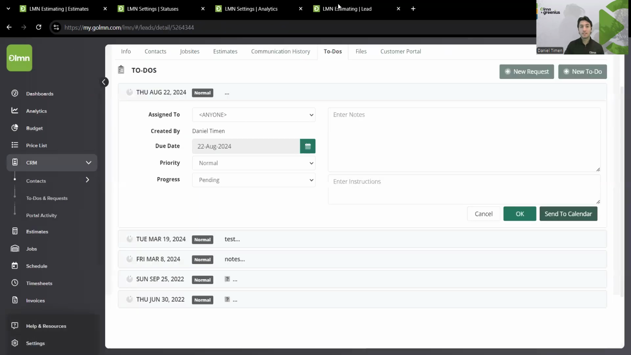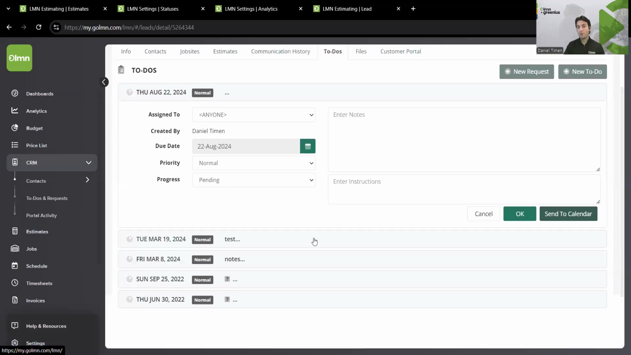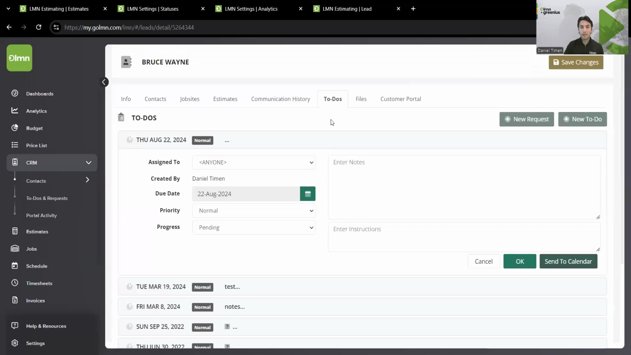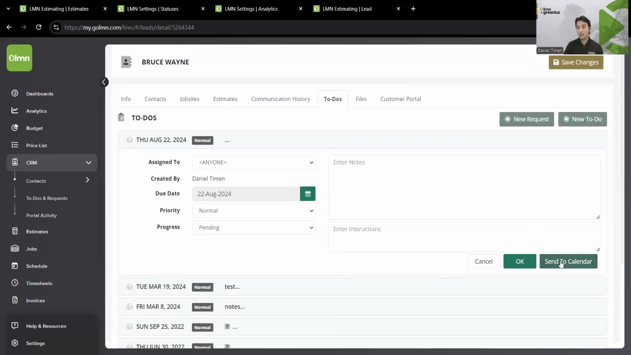Now, finally, let's say you do identify a customer that you really want to make sure you speak with a certain amount of time before their renewal comes up. You can create to-dos. So you click into the customer in the CRM, create the to-do, add all the appropriate information here, and make sure to assign it to yourself and set an appropriate date. Once you've done that, you can just send it to your calendar, and that way you'll make sure that you don't forget about their